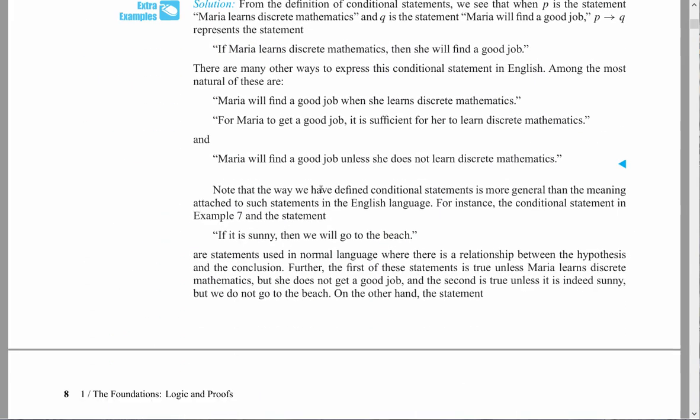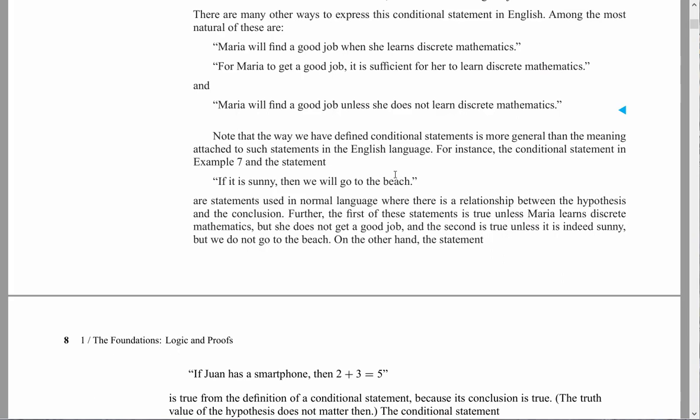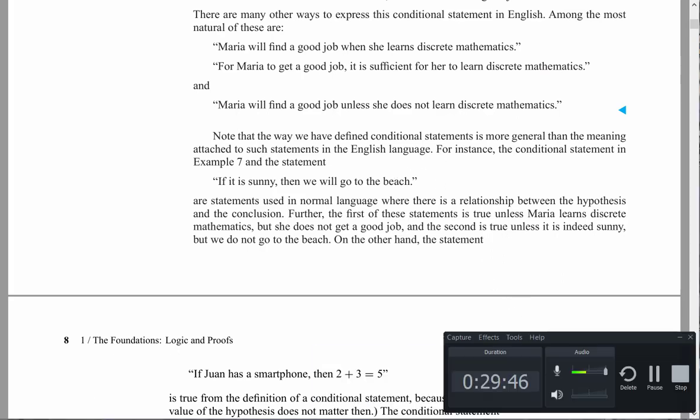Okay, so some more examples here. Alright, so that'll do it for the first part, so we'll look at more